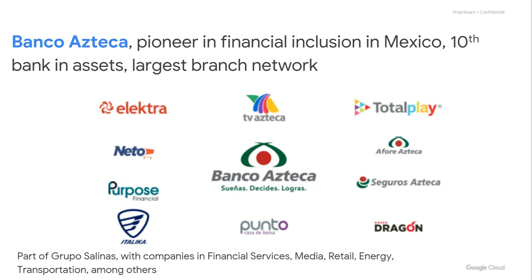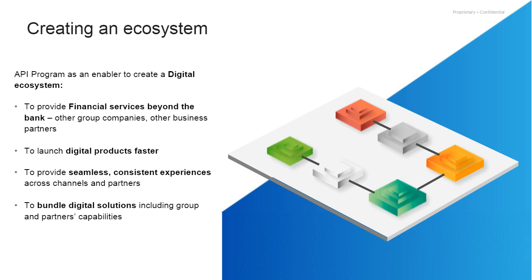So this is a company that is growing a lot. It's at the center of our own existing ecosystem of companies. Banco Azteca provides financial services to buy consumer goods in Electra or to buy something in Total Play. So it's quite natural because we already have that. But then we